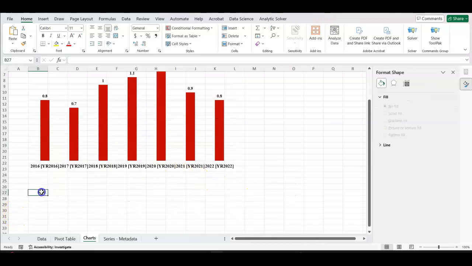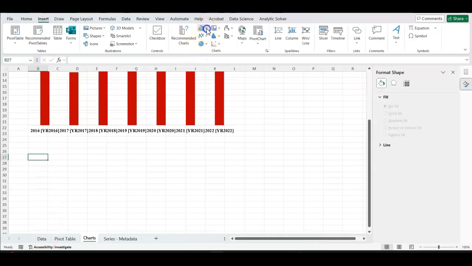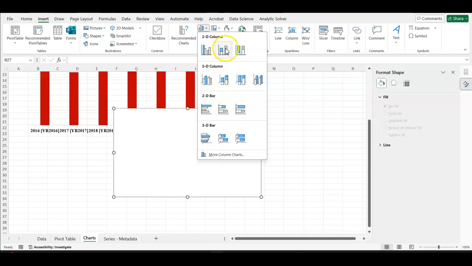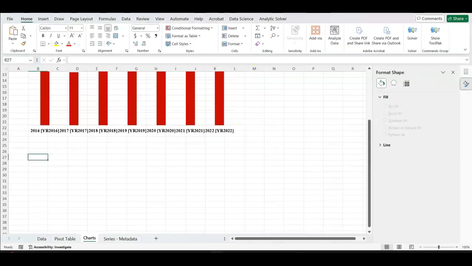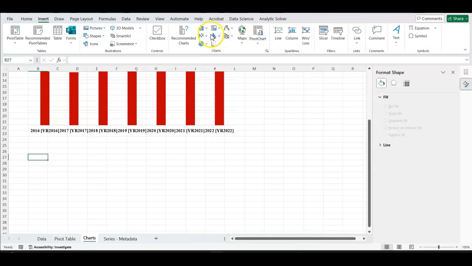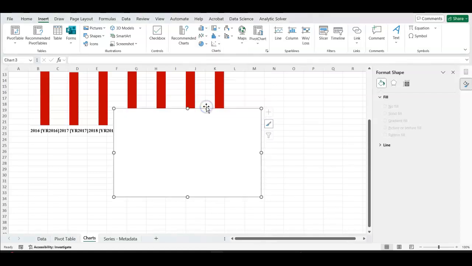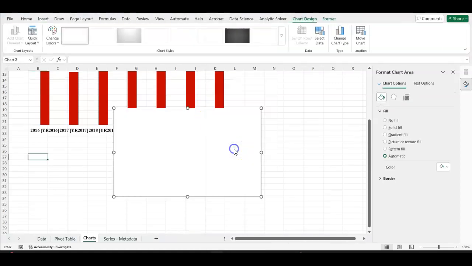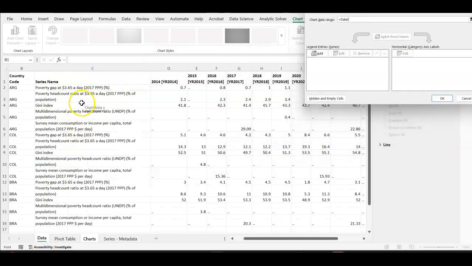Now I need my second chart. So I'll click here and then Insert Chart. Maybe this time, instead of clustered column, to give you some variety, let's do 2D bar charts. Then with the right click, I'll do Select Data. I go back to my data, and then what I'll do is that